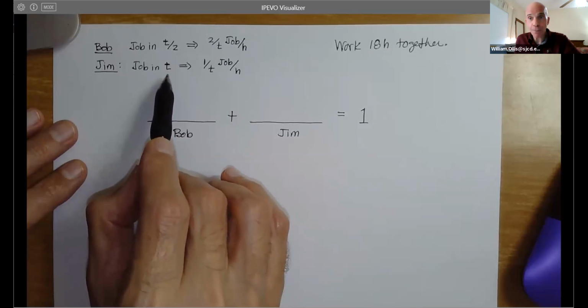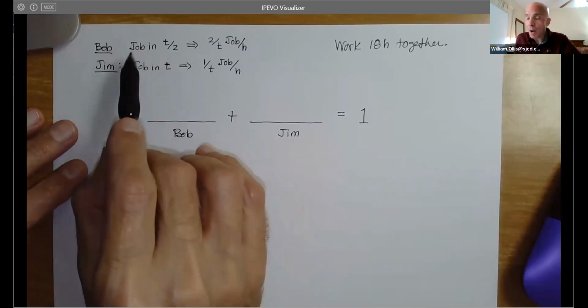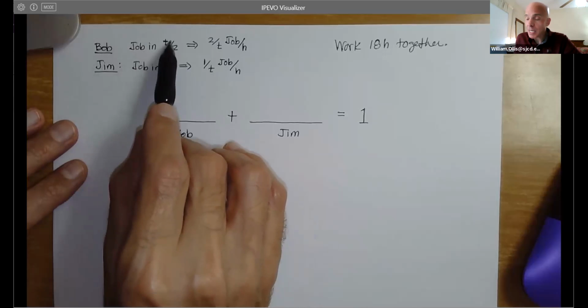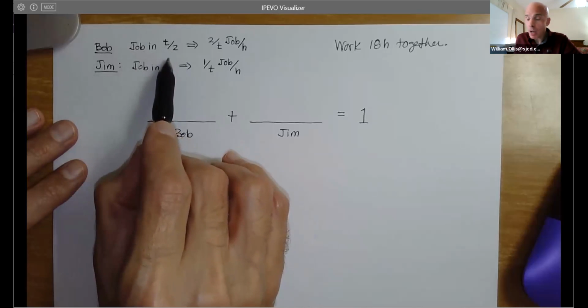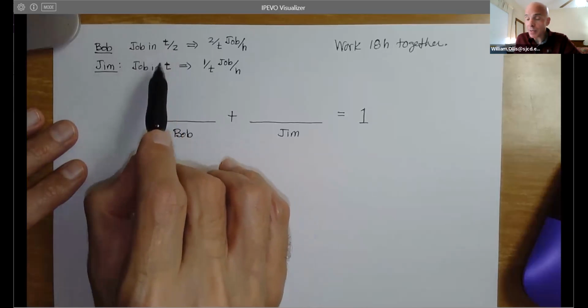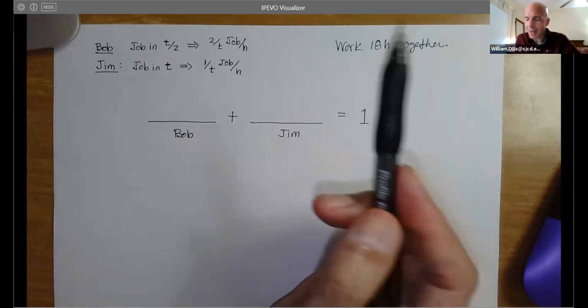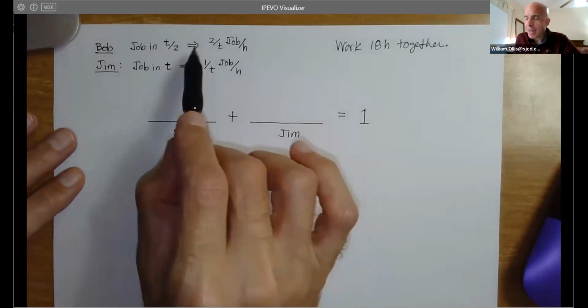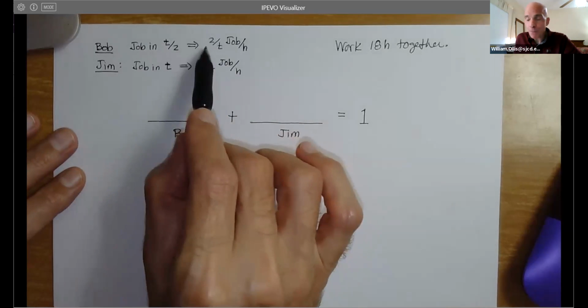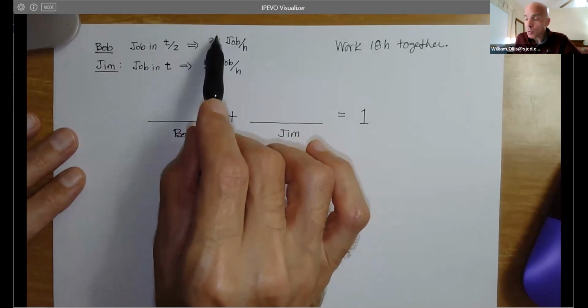That's the 50% part that I was talking about. So Bob will require T over 2, all right? Or you could do Bob 2 and then make Jim 2T for twice as long. Either way, it doesn't matter. It's all consistent. And then, of course, as you reciprocate, you get 2 over T, fraction of the job, per